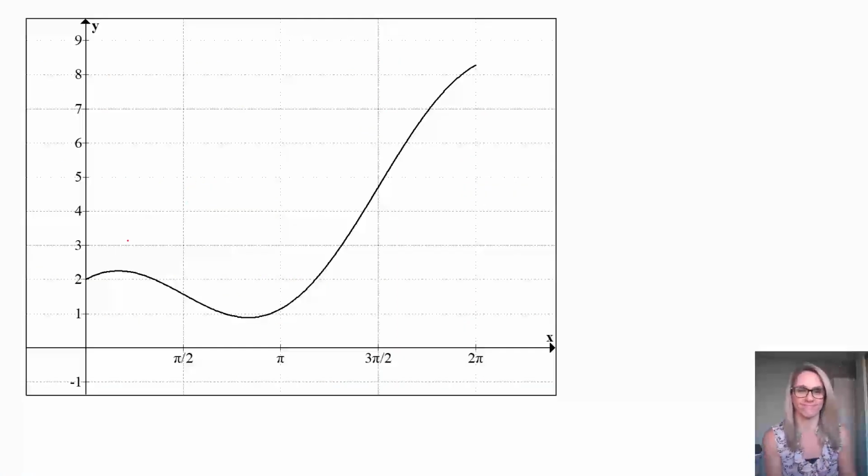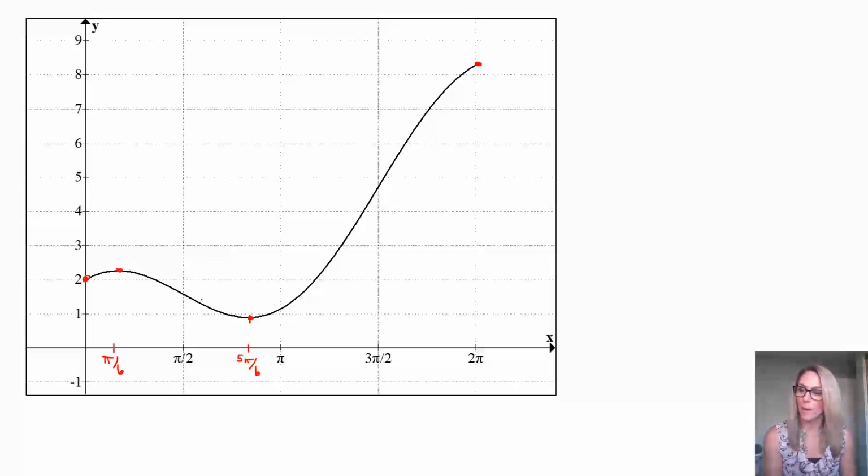And here we are. So here is our 0, 2, here is our 2 pi, and then that 8.28 or so. And here's everything else. We have the value that we already found, this pi over 6. So pi over 6 is here with that relative max. We also have this value right here. This is our 5 pi over 6 with about 0.89. That is our relative min.